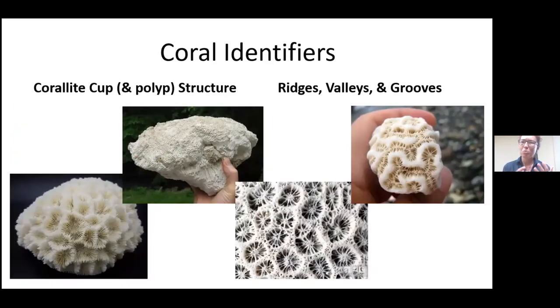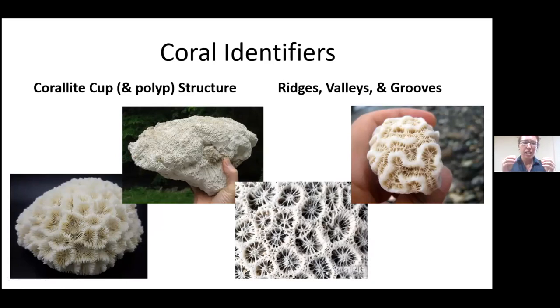And then talking a little more about those innies or outies and the coralite cup structure. On this slide, you see some skeletons of various species of coral, all of which belong here in the Caribbean. So these are all coral skeletons that if you walk along the beach and you see some rubble rolling around, pick it up and look at it. It's probably a coral, and you can tell a lot by looking at the coral species when you see its skeleton. So I encourage you to pick those up and then, of course, to put them back and take a look at it. Does it look like the lower left picture down here where it's kind of wide